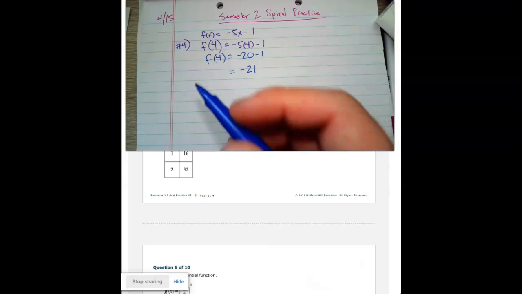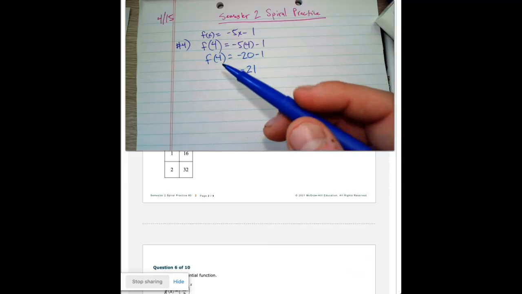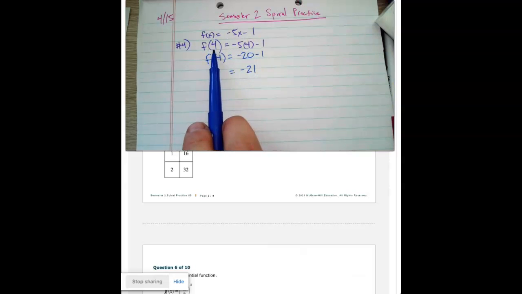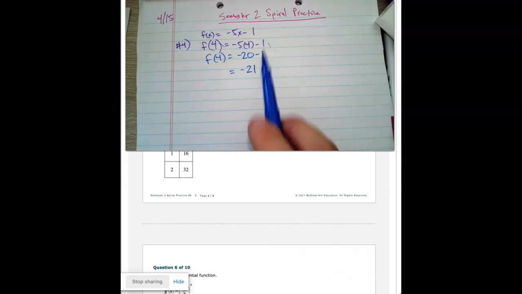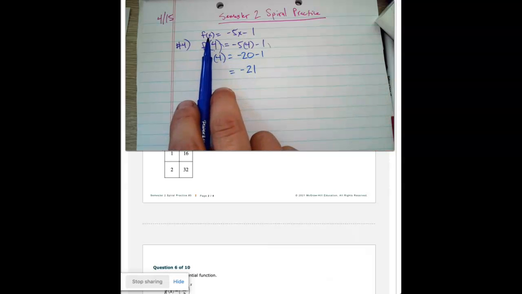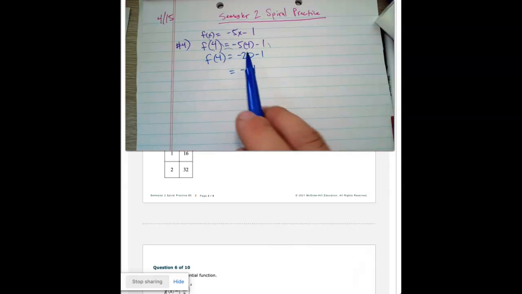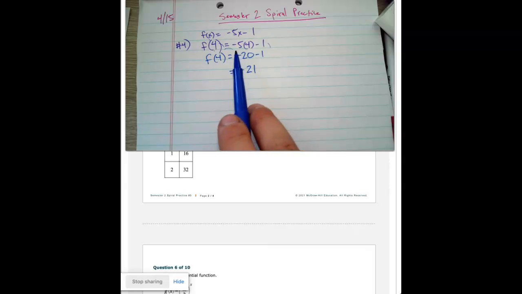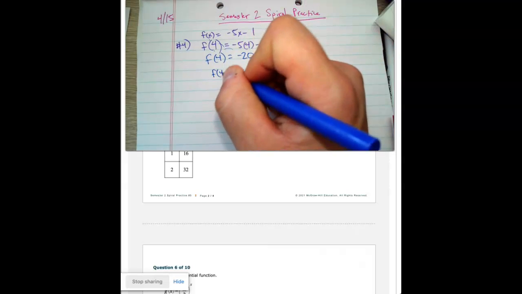You have to recognize function notation is simply a way to write an equation, and if you're going to plug a number into a function, you have to plug it in anywhere that the letter shows up. On the left side, all you do is say f of 4 equals, but on the right side is where you actually make your calculation. Finding f of 4 means putting a 4 in anywhere I see an x, and then calculating on the right. Negative 5 times 4 is negative 20, and negative 20 minus 1 tells me that f of 4 equals